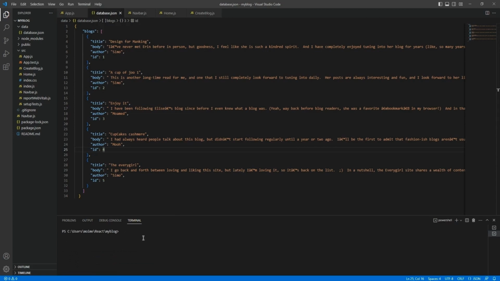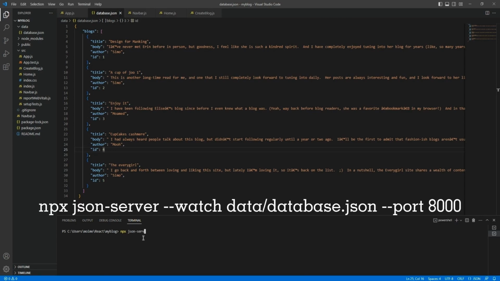So now we'll be writing npx json-server, json dash server dash dash watch, and the folder we have it in, data slash database dot json